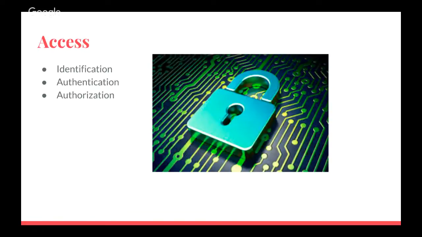Access to protected information must be restricted to people who are authorized to access the information. Identification is an assertion of who someone is or what something is. Authentication is the act of verifying a claim of identity. And after a person, program, or computer has successfully been identified and authenticated, then it must be determined what informational resources they are permitted to access. This is called authorization.